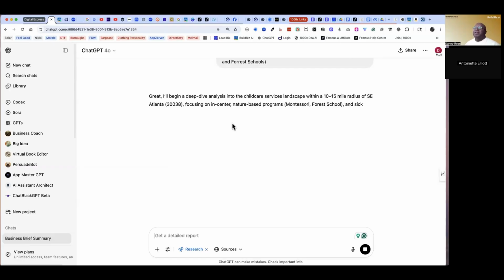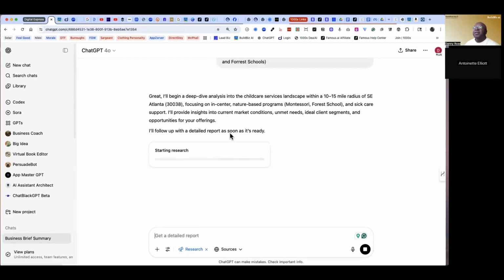All we're asking it to do is take a deeper look at what we already know and then tell us what we don't know. That's basically what we're asking it to do. It's going to run that. It's going to take a minute. So I'm going to go back to the platform while it's doing that. Does anyone have any questions about the two steps that I just did?